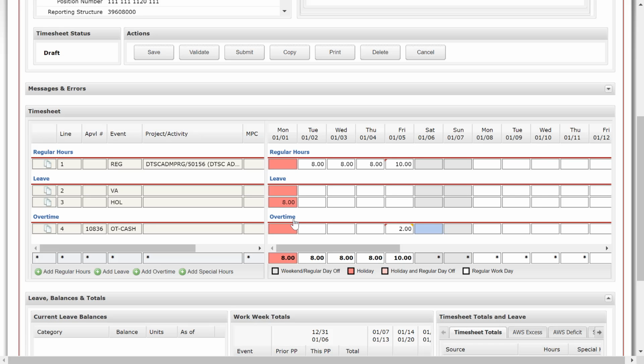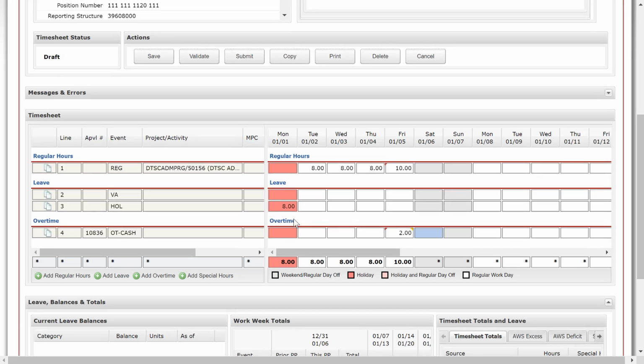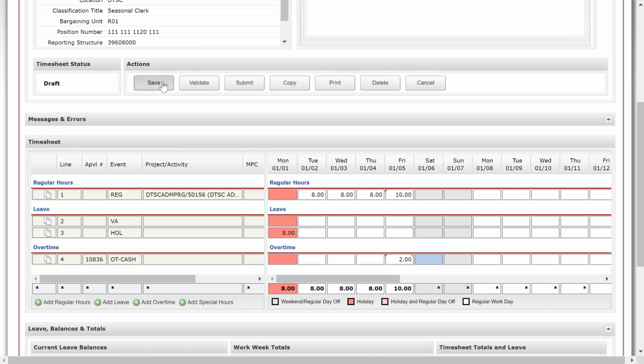That way, my supervisor will see that note and will be able to immediately understand that I worked less than what I'd requested. So I'm going to save that. I still have one more thing that I need to do